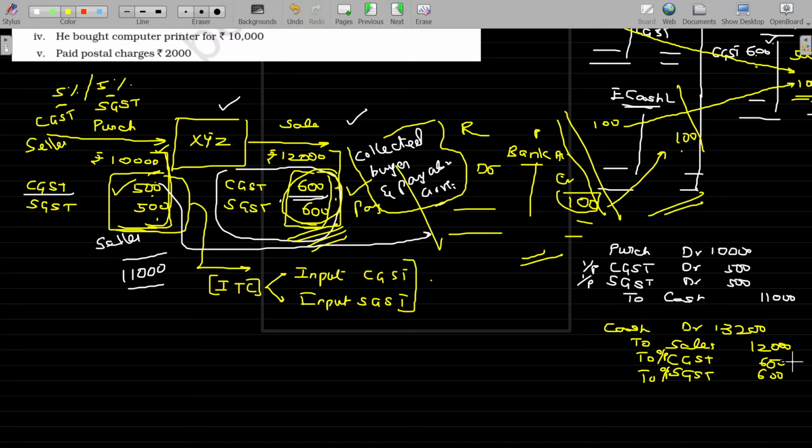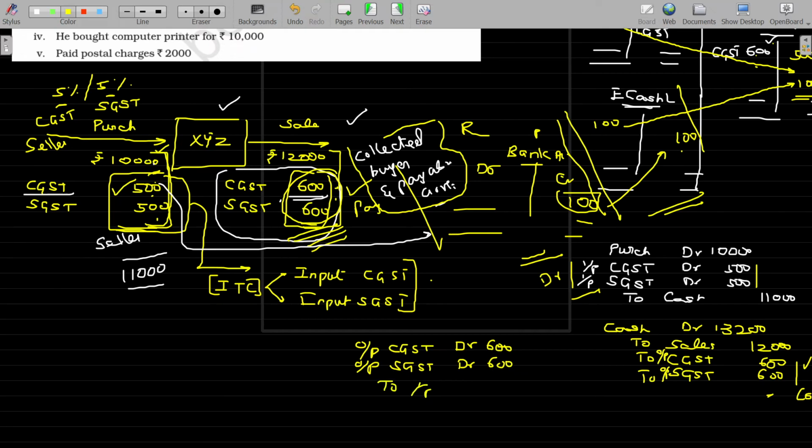Now finally, this is the tax I collected from the customer, and it is going to be payable to the government. The tax I paid to the seller at the time of purchase should be received from the government. So received from the government means it's an asset, so it's on the debit side. Payable will be the liability, so it is on the credit side. Finally, this credit amount payable to the government will be paid out of the input GST. Not only that, if there is any shortage, I have to make the payment through our bank account, electronic cash ledger. Is that okay? So the entry here being output CGST payable to the government account debit 600 and output SGST payable to government 600 rupees